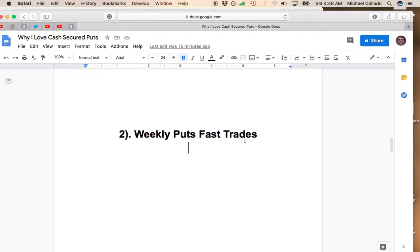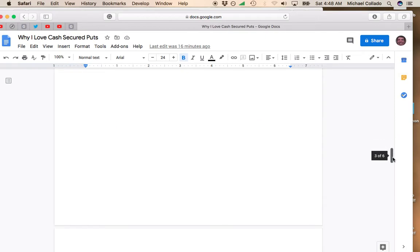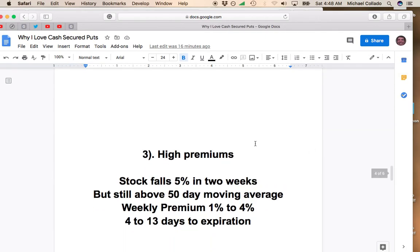If the stock is moving violently upward, you can make 3 trades. So more trading opportunities, more profit, smoother profit curve. Another thing is, this is a strategy I use to get higher premiums, and also make sure that I have a stock that's not likely to be put to me, that stock that's not likely to fall below the strike